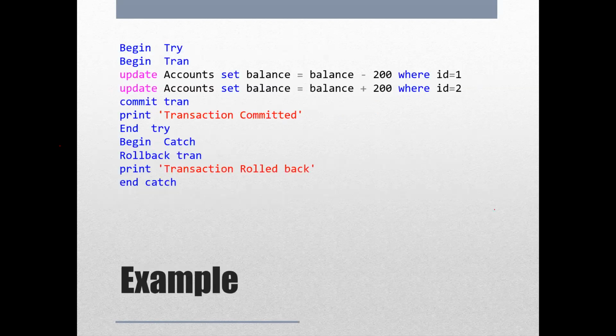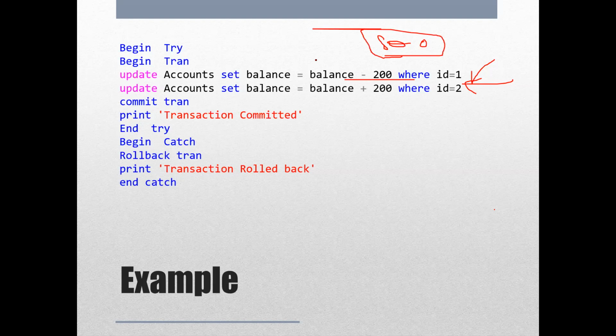For example, what we are doing over here with this 200: if the transaction is not committed or something else happens and it fails at some point, and the transaction has changed data from 1,000 to 800, but in between some other transactions come and try to do something else, then the data is not in a logically consistent state. Why?